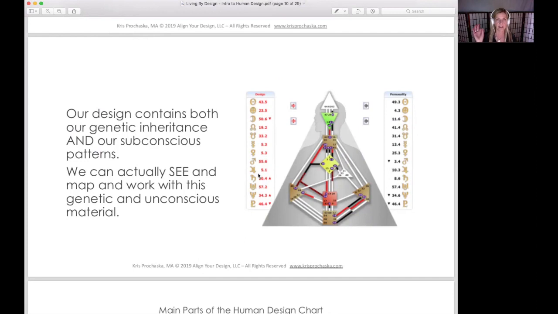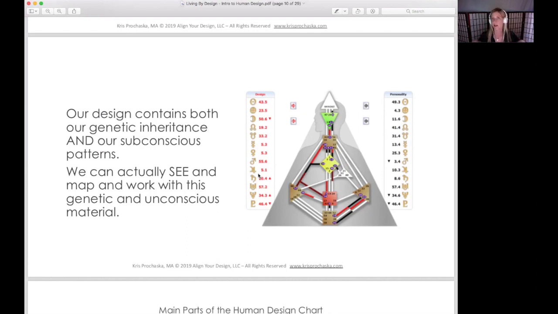Now, I really want you to get this for a second, because there is a lot of work out there done around beliefs and shifting beliefs. And I want you to get that at some level, some of those beliefs are not just inherited, but they're also part of the design. They're actually part of the design. And so if you're a person like I have been in the past who struggled going, why can I not seem to shift this belief?